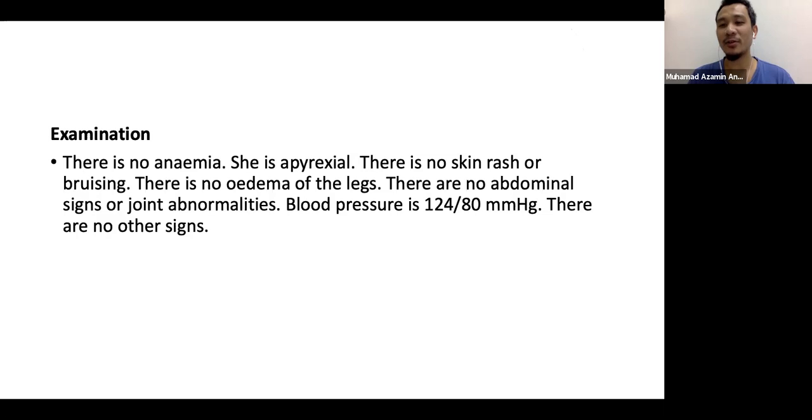Because the first thing you want to know is the centile chart for the height first. Once you know the centile chart for the height, then we can plot this 124/80 onto the BP centile chart. Then you know whether this child is hypertensive or not, based on the 95th centile and above. So yes, there is a number there, but it's a useless number because you don't know the weight and height.